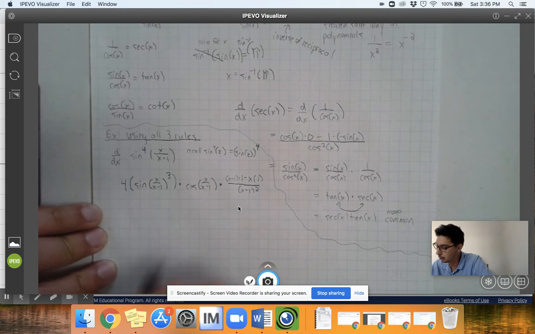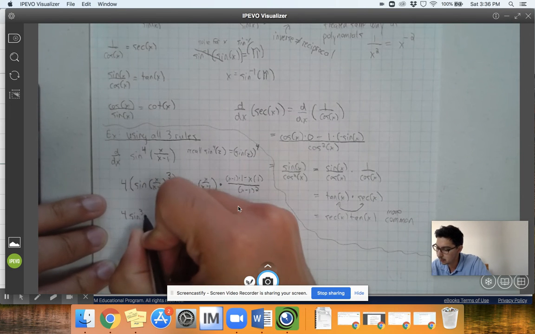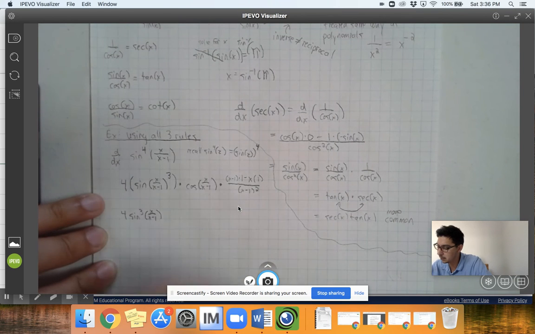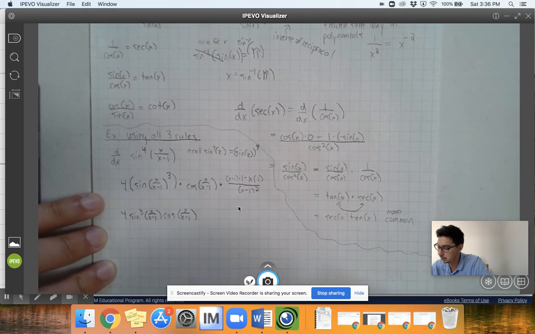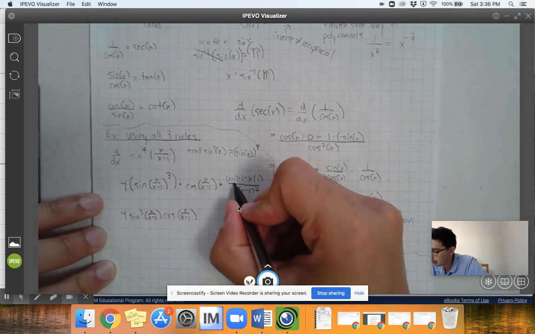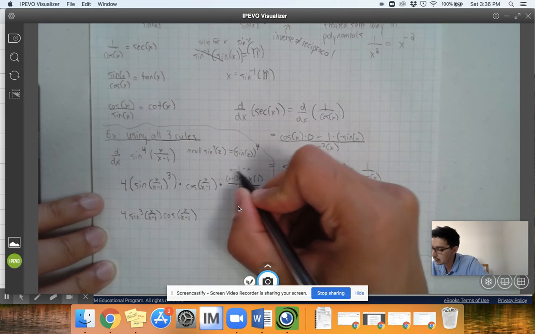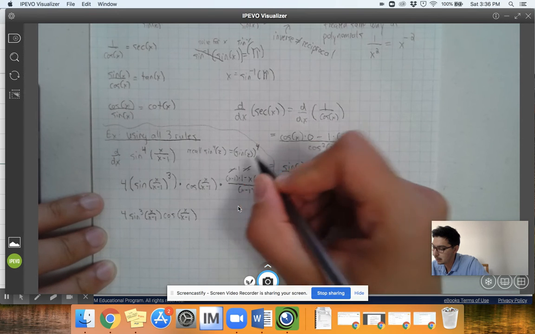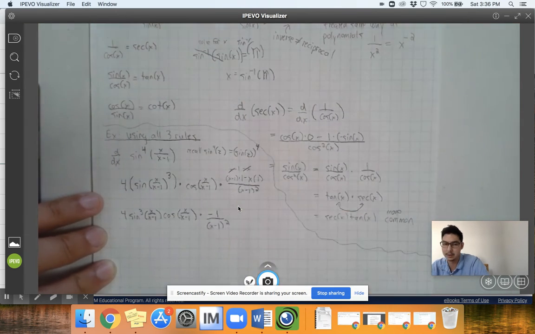So cleaning this up a bit, what do we have here? Maybe I write this as 4 sine cubed of x over x minus 1, cosine of x over x minus 1. And over here, what would that make? That would be x minus 1 minus x. So those x's would cancel, and we would just have another times negative 1 over x minus 1 squared,